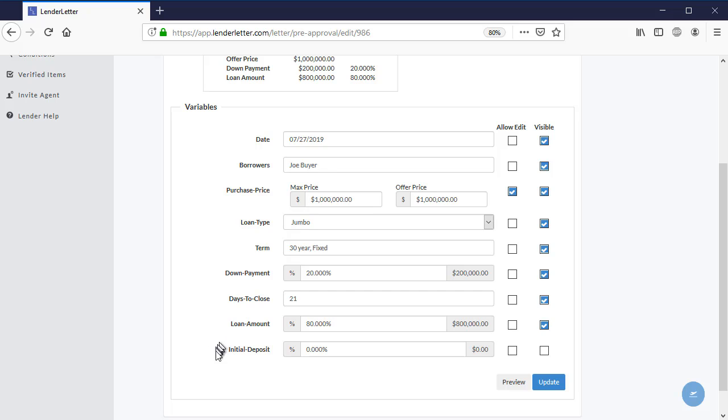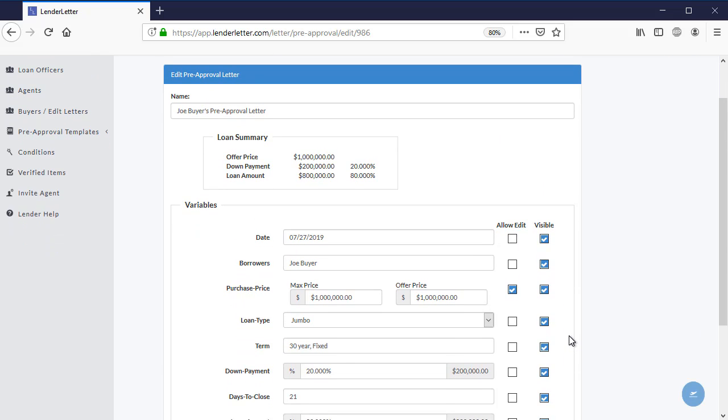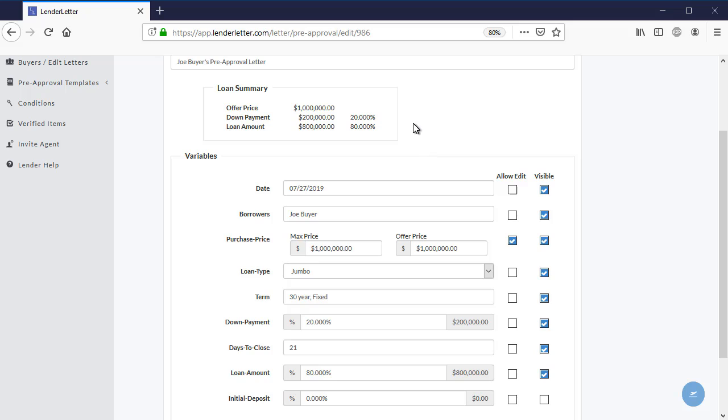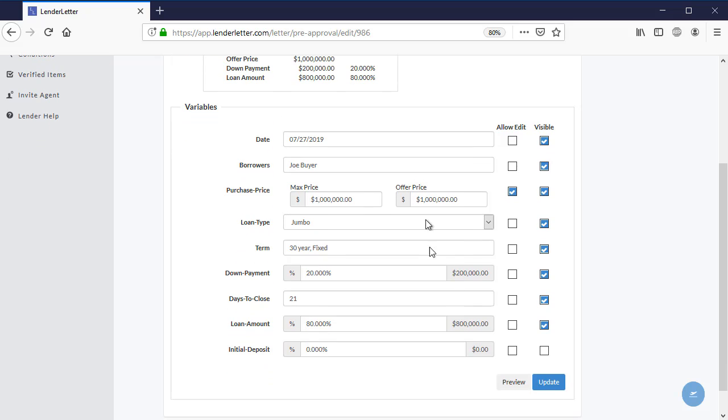Please ignore the bottom field. That is not part of the letter, hence it is not checked. So after a quick review of the variable fields and the loan summary, you can see that all is as it should be. Everything is filled in correctly. So we will go ahead and we will update